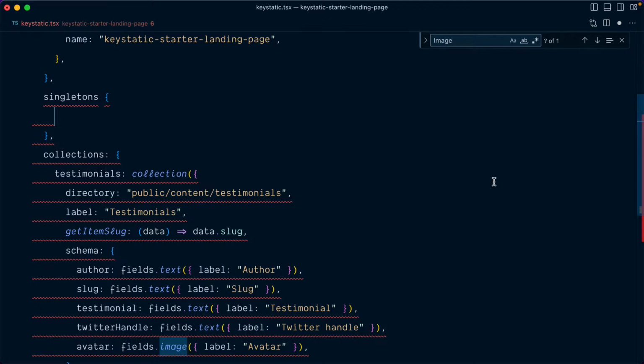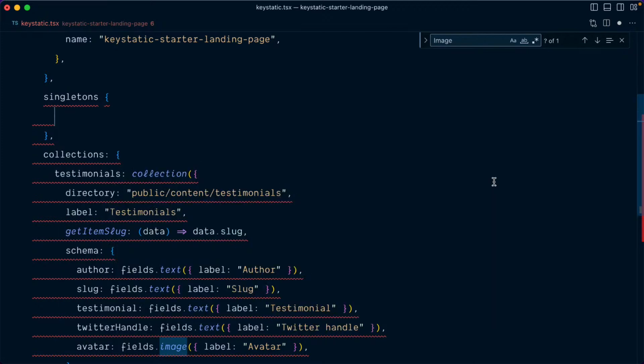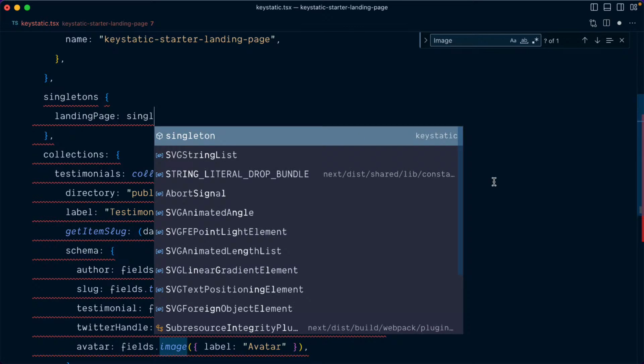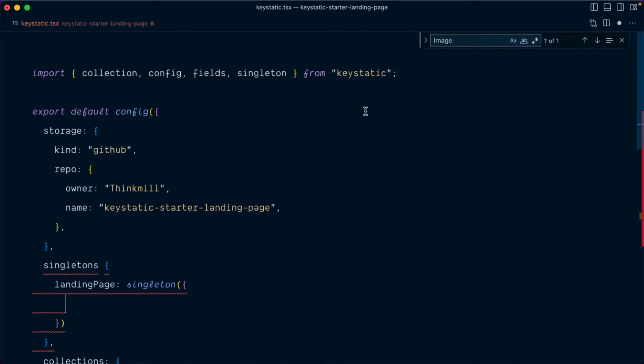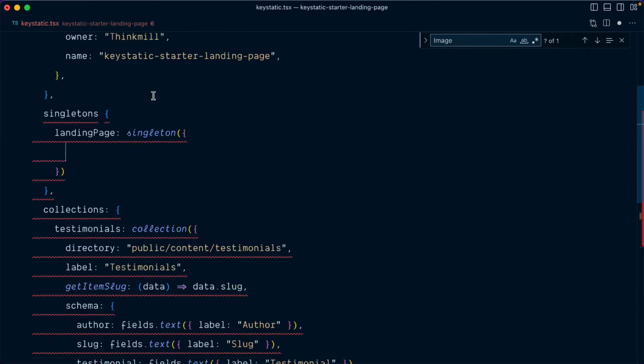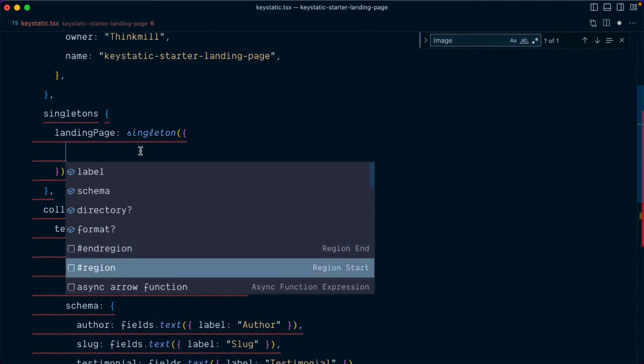So let's create a thing. Actually, I'll call this page MISC. That's a terrible way to start organizing stuff. But you could call it landing page. But you could also call it settings or whatever. So this is a singleton. Do I need to? I think I just auto imported it at the top. Yes, I did. And I haven't really used these, but if I go space stuff, I can figure out